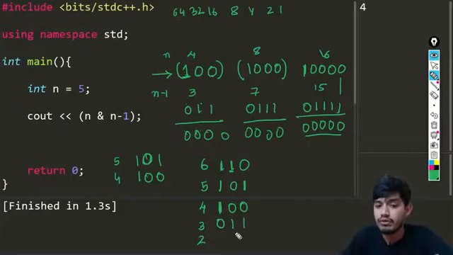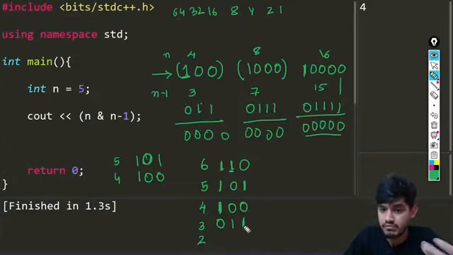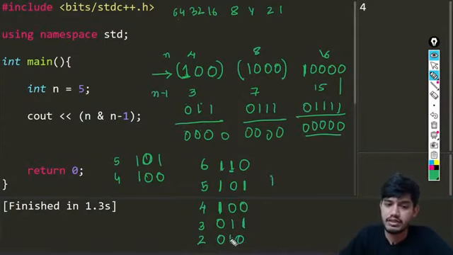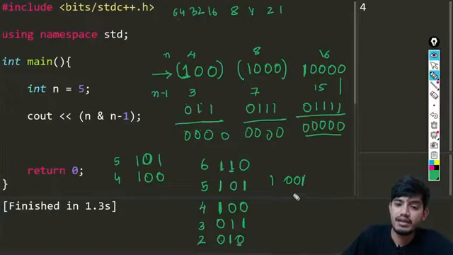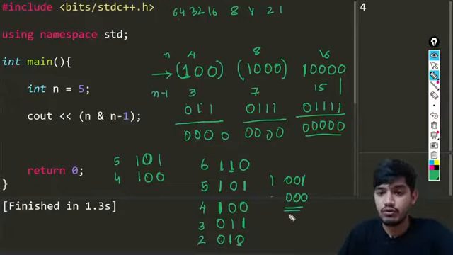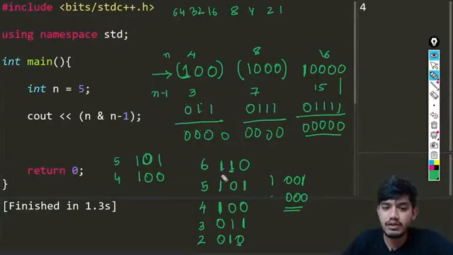Now when we talk about 2, the last set bit will become unset, so it will be something like this. I hope that makes sense. Now this is again the same thing, the last set bit will become unset. For this one, this 0 will remain 0, this will become 0, and whatever is towards the right will become set. So this is 1, and finally we'll be getting this value as 0. I hope that makes sense to all of you. So this was generally happening here. What is happening here?